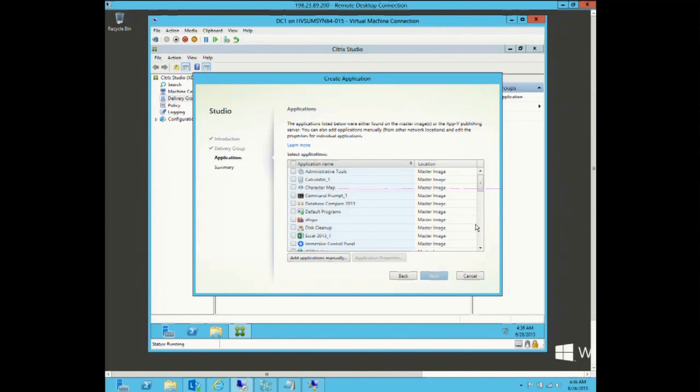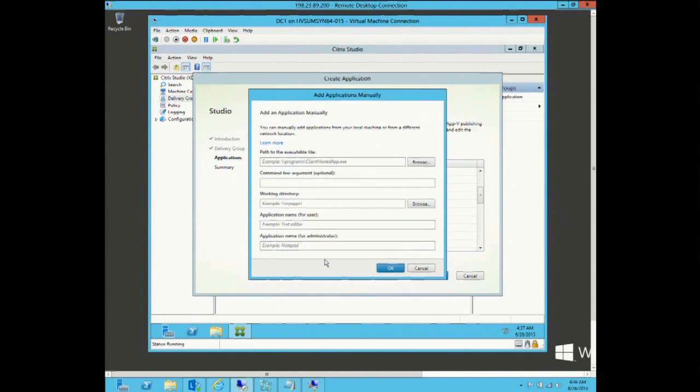But just so you guys are aware, this is what will happen with your applications. You have the ability to add the applications manually. And this is where the AppV publishing server comes into play, because now you can specify where your applications are in your infrastructure if you have a centralized location, and ensure that those applications can be imported into your AppV, your Citrix Studio as needed. Tony's session is at 2:45.